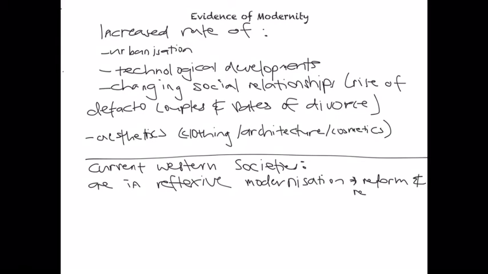So clear examples of this can be seen through movements and reactions to the way we're living, and this can be seen through things like the sustainability movement. So the push to use our resources more sustainably is a reflection on our growing attitudes of consumption and consumerism that have come from being modern.